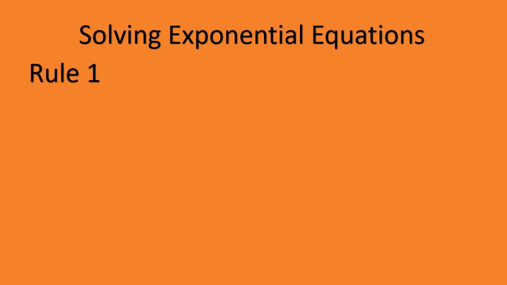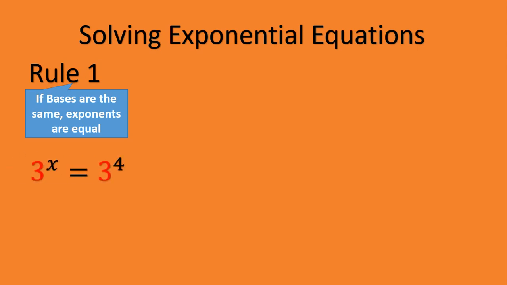Rule number 1 is that if the bases are the same, then the exponents are equal. Bases would be the number at the bottom, exponents would be on top. So here 3 and 3 is the same. So because of this rule, now automatically we can say that x must be equal to that exponent, which is